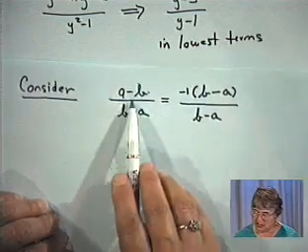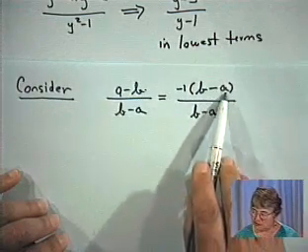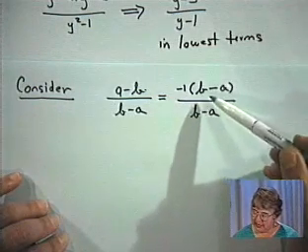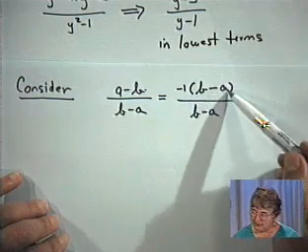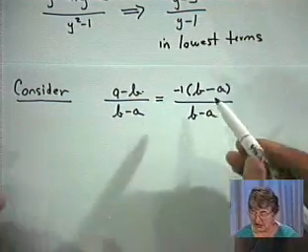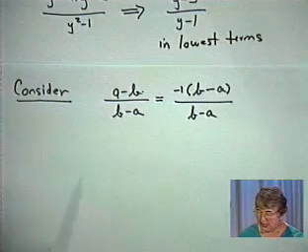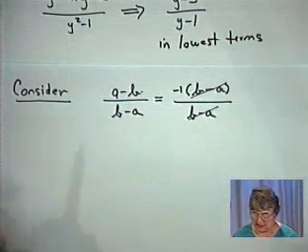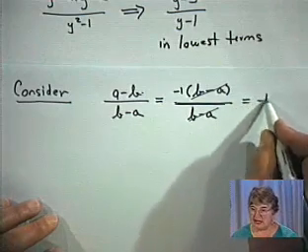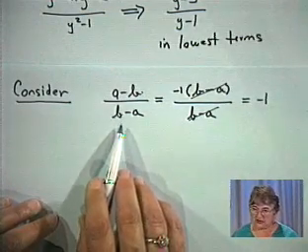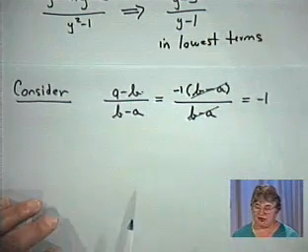Minus 1 times b is a minus b. Minus 1 times minus a is a plus a. But look now what happened. We've got a minus 1 factor times b minus a over b minus a. Those are the same factors, and we can use the cancellation property and say b minus a will cancel the b minus a, and we end up with negative 1. So try to recognize when you have that situation and you're trying to simplify,